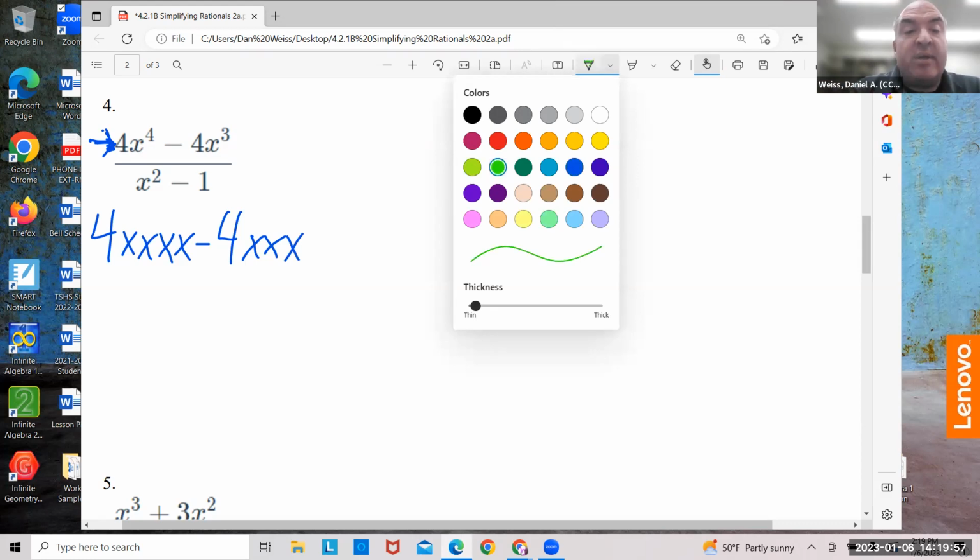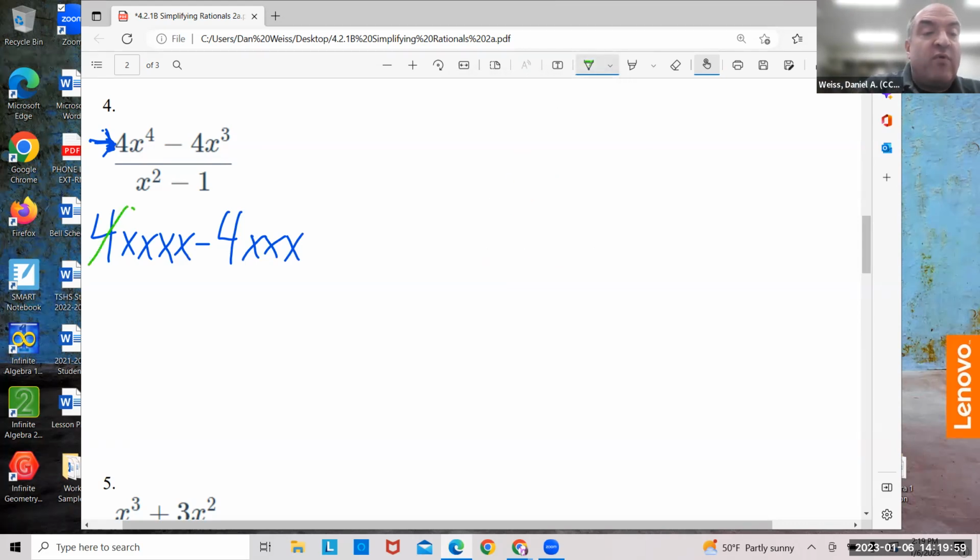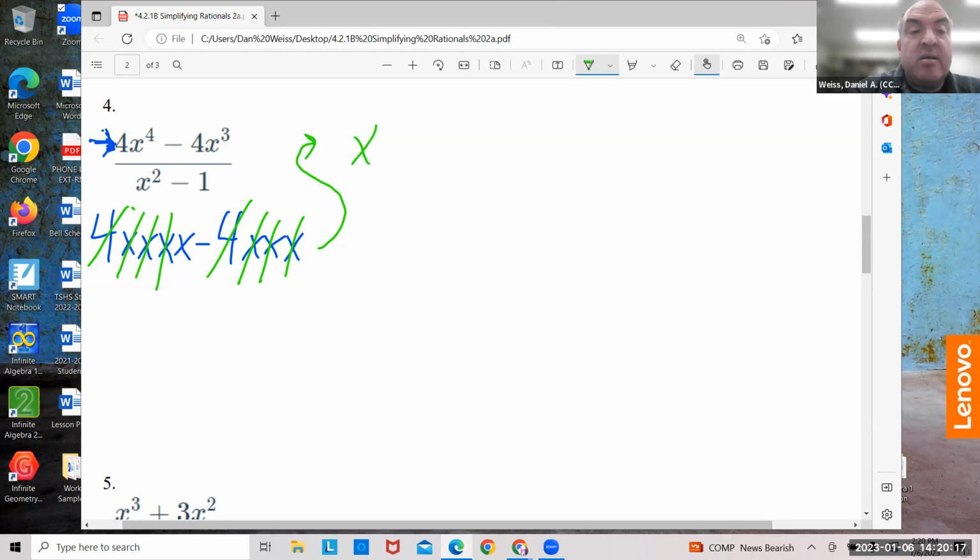What's common? 4 and 3 x's. Wait a minute. What did we take out? We took out 4x to the third. What's not crossed out? 1x minus